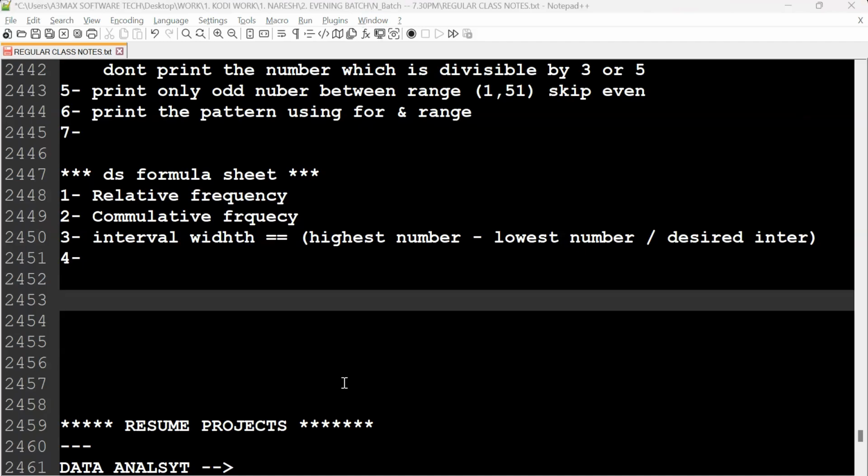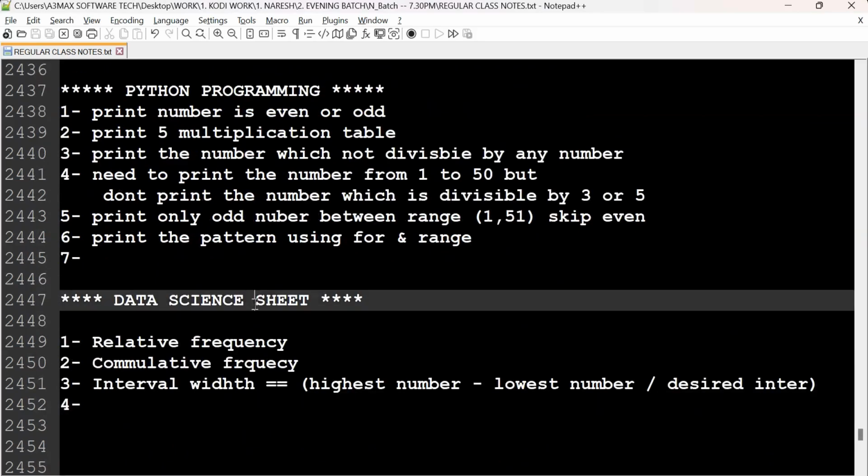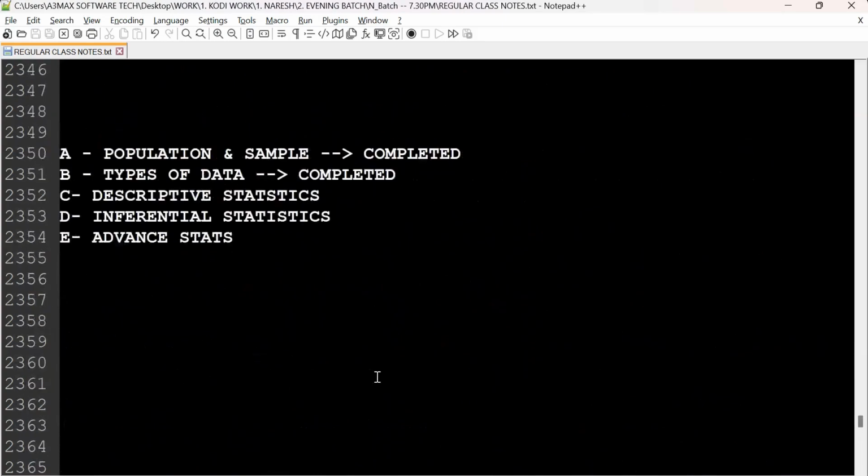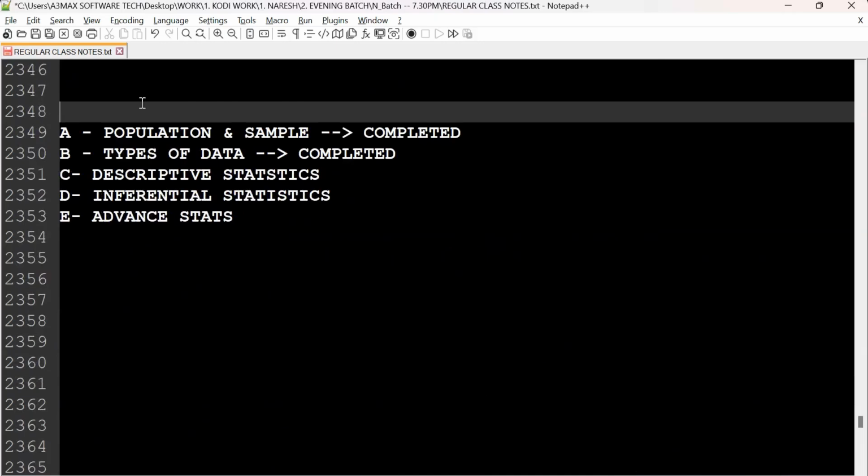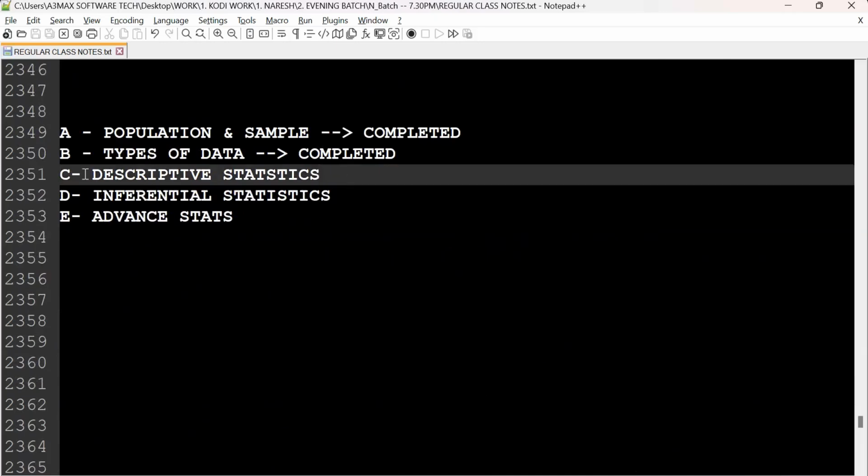I do see offline people, many of them are very careless, guys. Data science formula sheets. So as we're going on theory, I'll stop it here. Tomorrow I'll